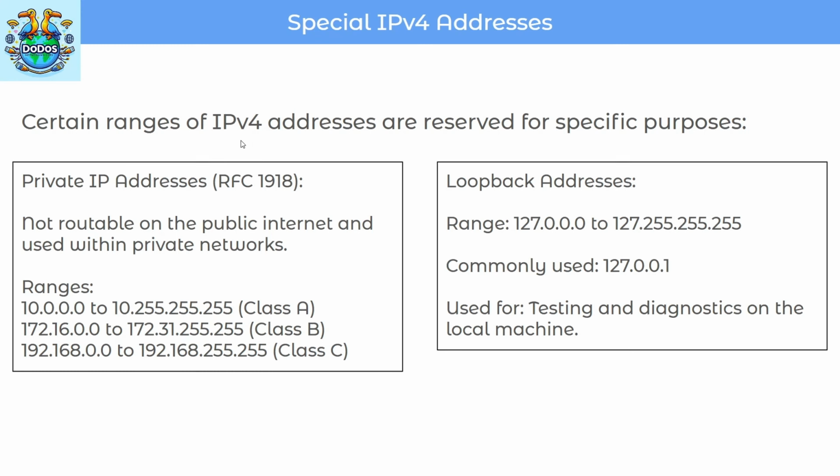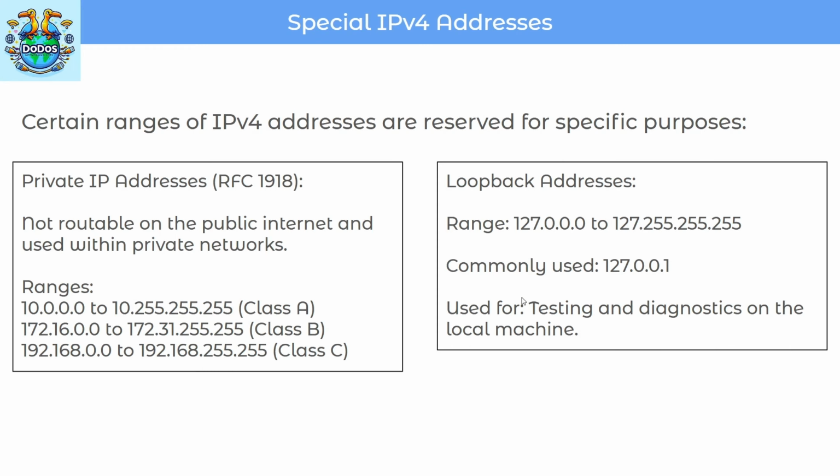There are certain ranges of IPv4 addresses that are reserved for specific purposes. There are the private IP addresses, or RFC 1918, which are not routable on the public internet and are used within private networks. They range from 10.0.0.0 to 10.255.255.255 and are Class A. Class B private addresses are 172.16.0.0 to 172.31.255.255, and Class C is 192.168.0.0 to 192.168.255.255. Loopback addresses range from 127.0.0.0 to 127.255.255.255,